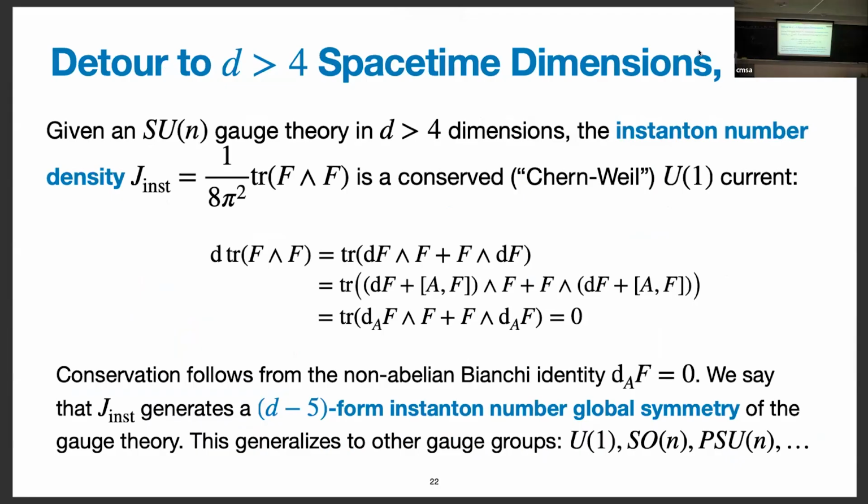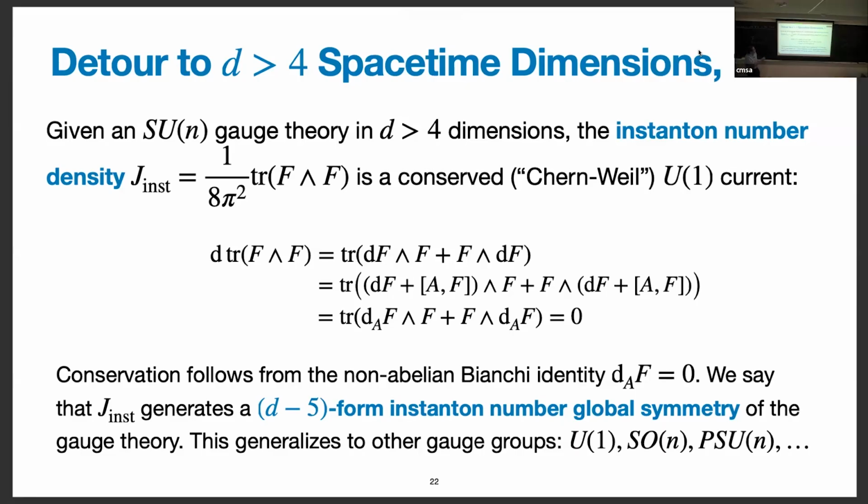So here's some reasoning that suggests to me that there might be something interesting going on here. I'm going to take a detour to more than 4 space-time dimensions. I know the workshop has our universe in the name. I'm going to come back to our universe, but for now, let's suppose we lived in a world with more than 4 space-time dimensions. In such a world, if we have a gauge theory, an SU(N) gauge theory in more than